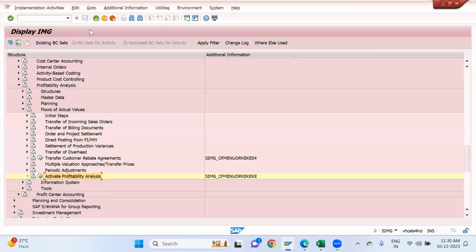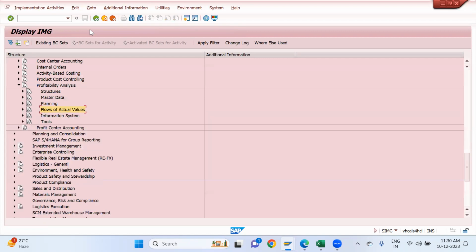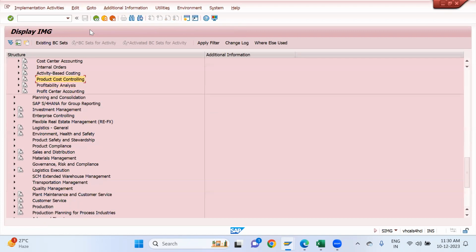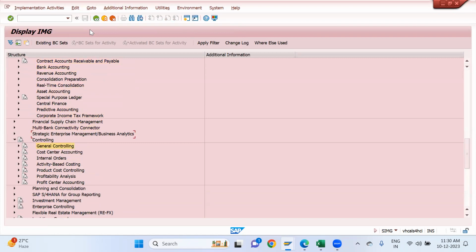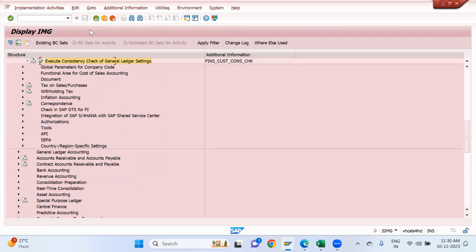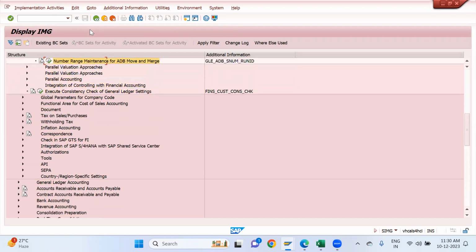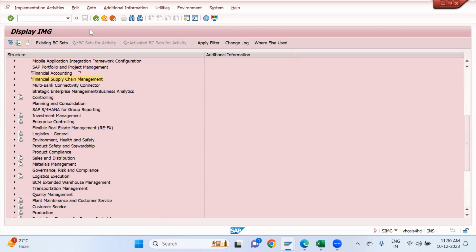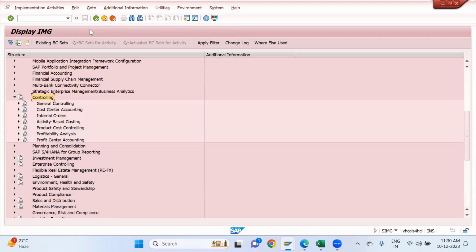Before going to CKM start, two steps are compulsory that you should check. Even if you are thorough, you should check multiple times before going to CKM start. I will tell you. First, controlling area,